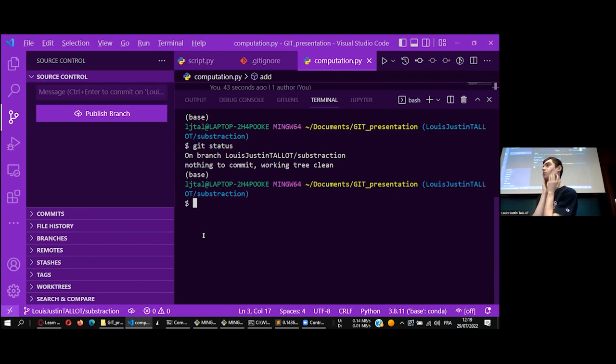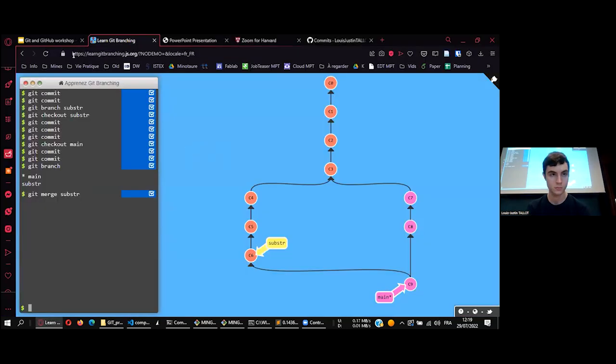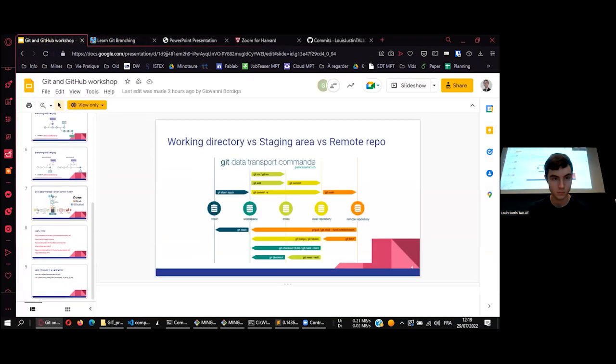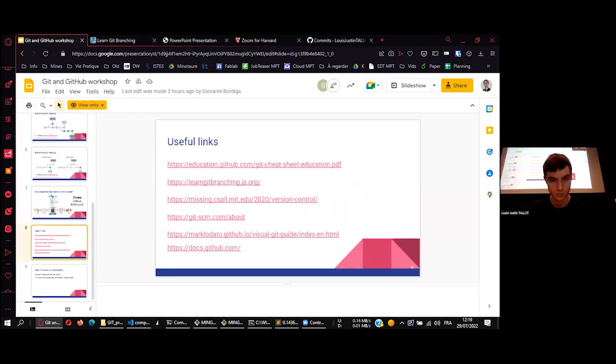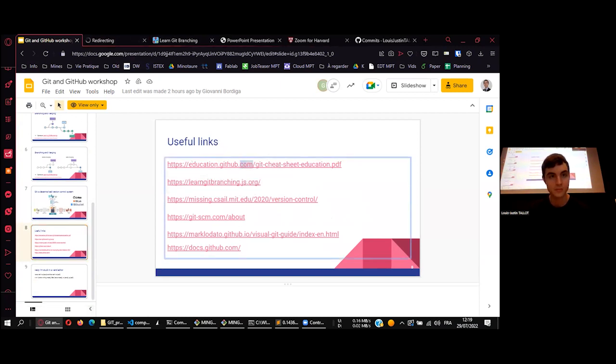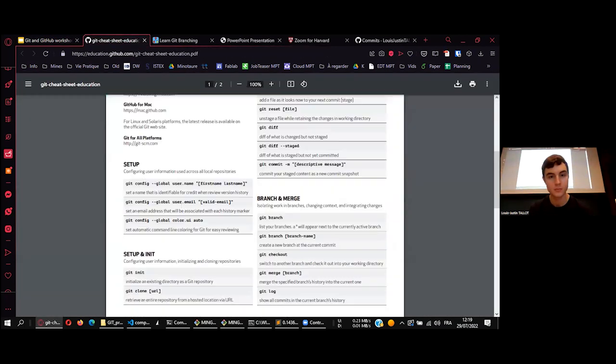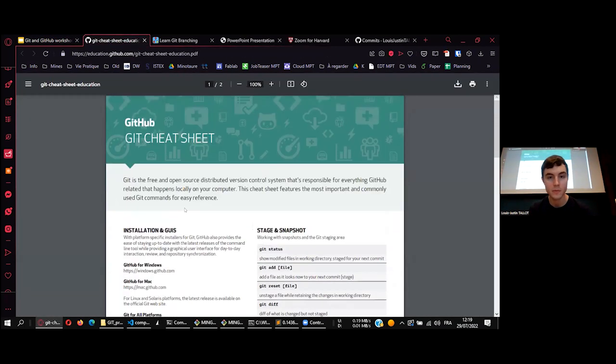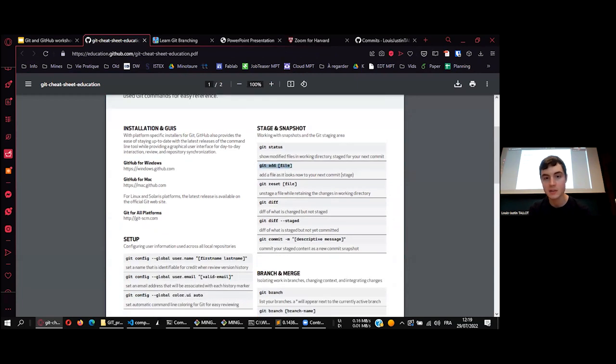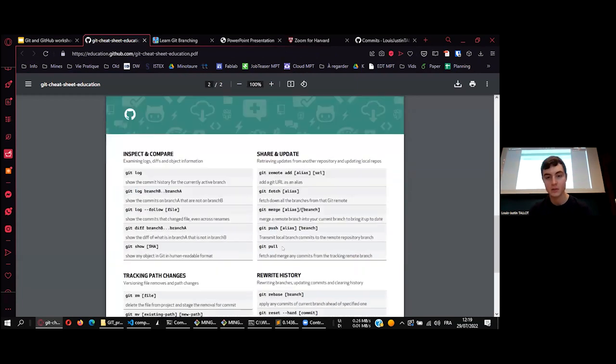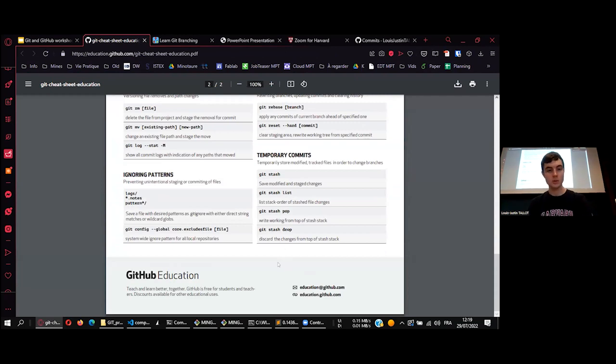I always go to the cheat sheet. There's a cheat sheet at the end of the slides. Or you can just go to Google and search for git cheat sheets. It's very clean, made by GitHub, of course. And so you have Git add, Git reset. You have everything over there, which is explained. So it's not short, but